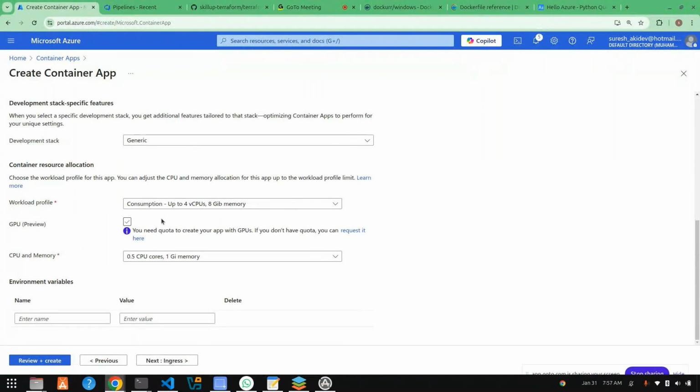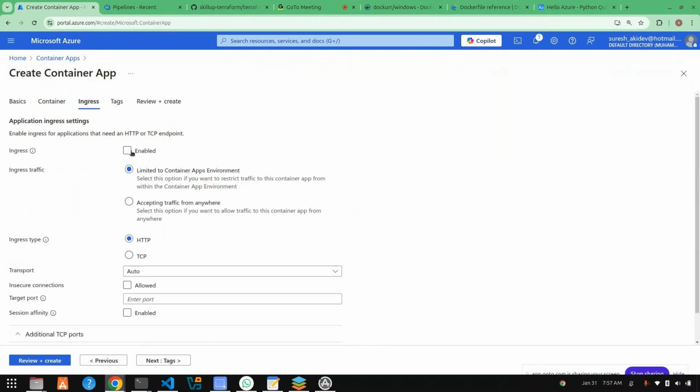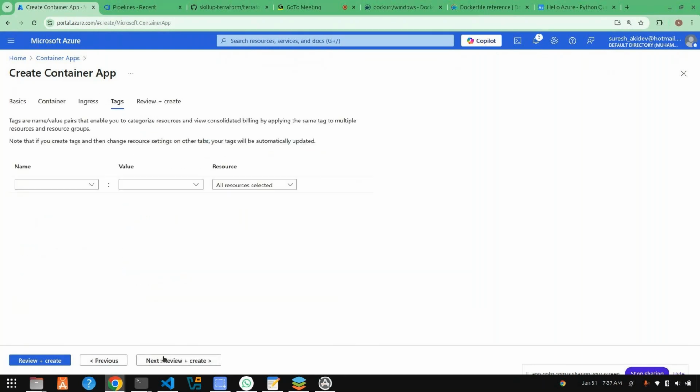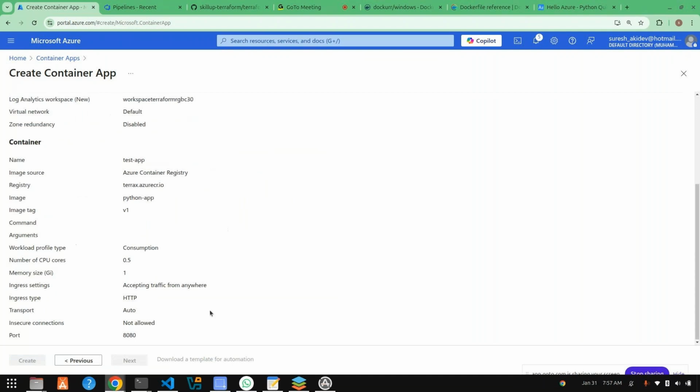And you can specify all your environment configurations, and then in the ingress we need to allow our application from anywhere, and the application should work on 8080, right? So I'm just specifying the 8080 port number, and then next, and then next, and then we'll create. What is create. Okay,